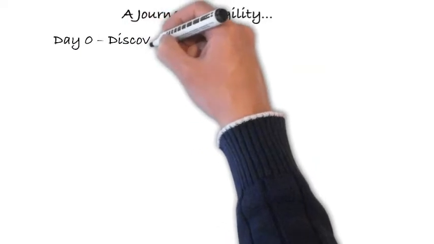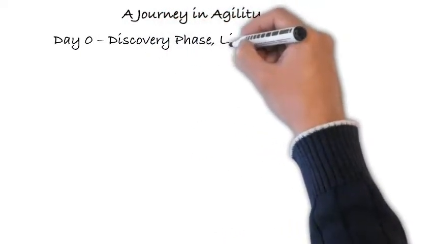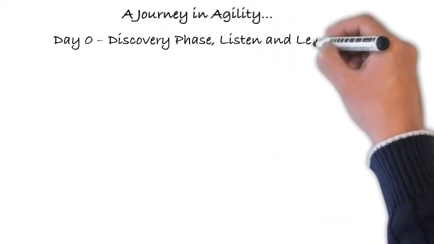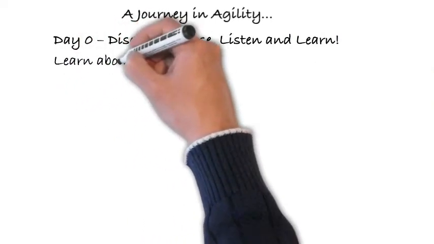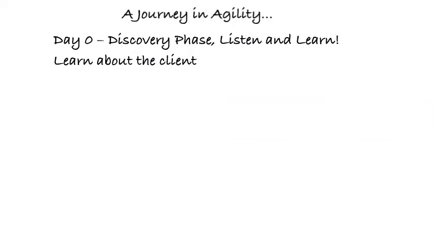Now that we understand the big picture, it's time to actually execute. So the first part of this is day zero, or the discovery phase. And the goal here is to listen and learn. So the first step is learn about the client. Every Agile journey is different. So while there are some similarities, you need to understand what's different about this client and what's critical to success in